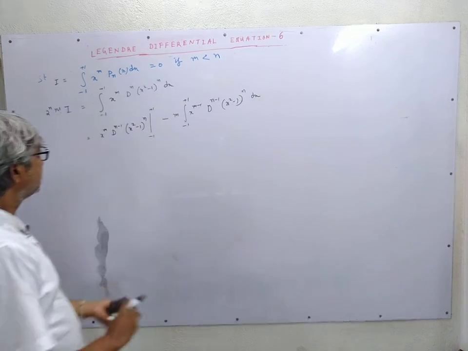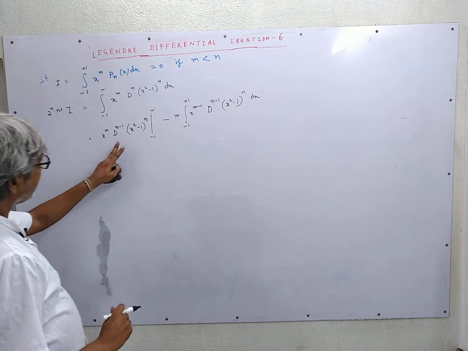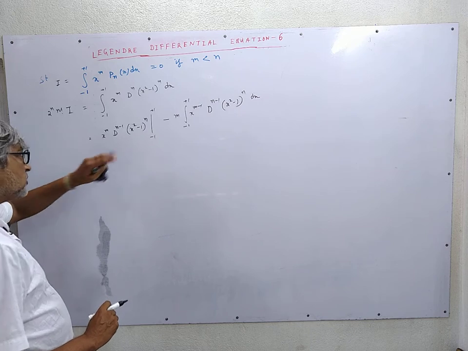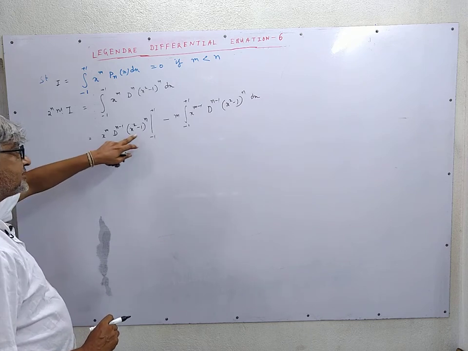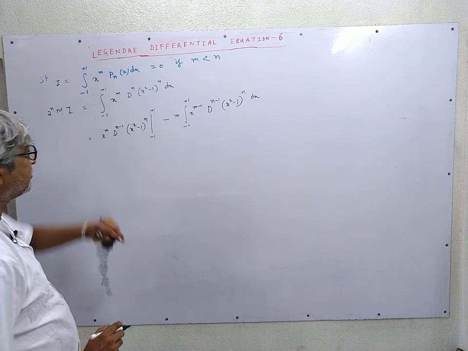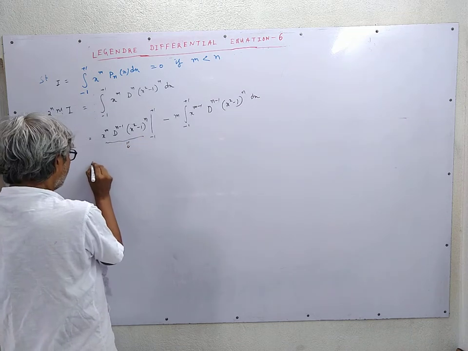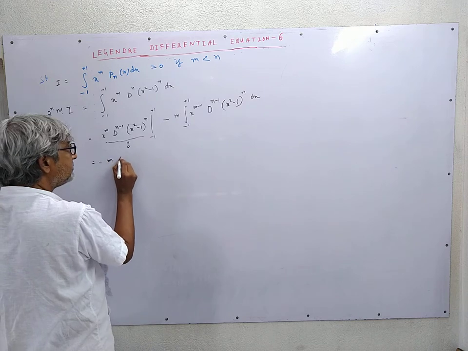Now consider this fact. This part has been differentiated n minus 1 times, so still we have a factor x square minus 1, which is 0. So this part is 0. So we are left with minus m